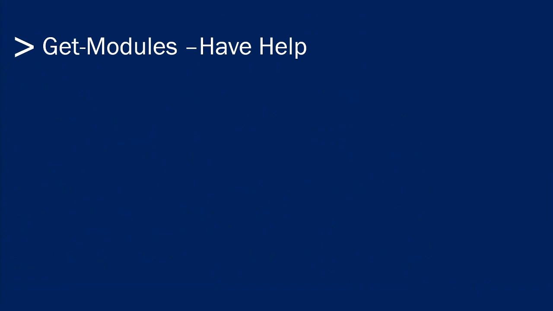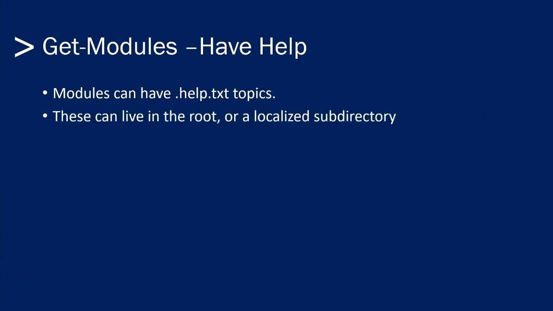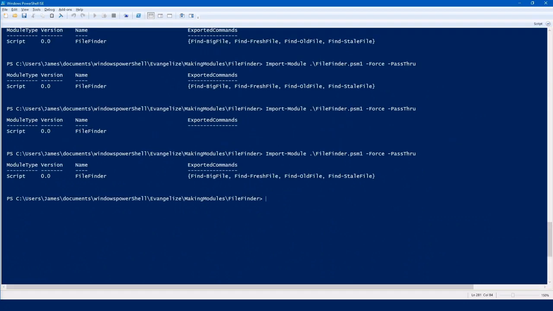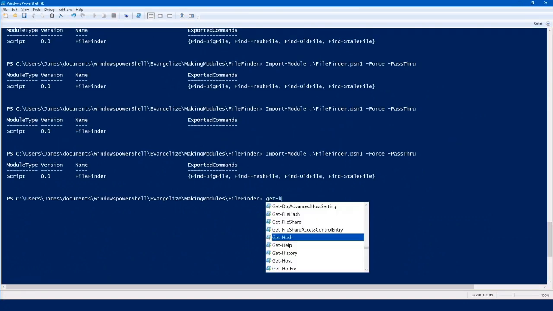This is another way to think of modules that is irrespective of whether they are binary, script, or manifest. Modules can have help. Modules have help.txt documents. They live in the root or a localized subdirectory. So when you say get help, name of this particular file, you'll see a help topic. This is actually a really great way to have a manual. When you're doing get help, say,